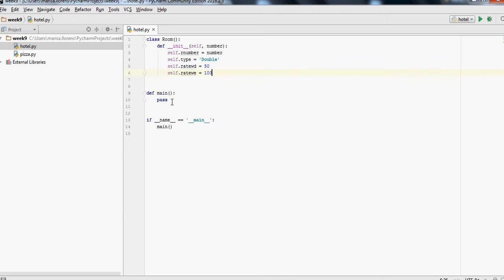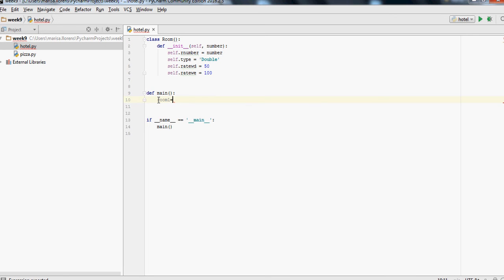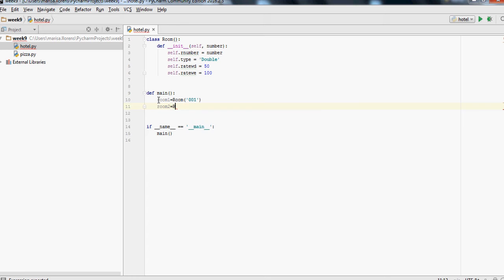Now we're going to create a few instances of the class. So we say room1 equals, we call the class, remember the class is called Room with capital R, and we're going to give it the number as a string, 001. Let's say we create another room, room2 equals an object of class Room, and the room number, apologies, is 002. We can try to print just room1,